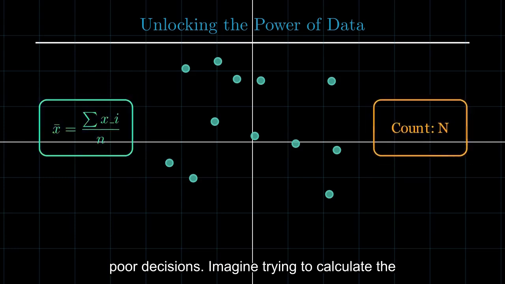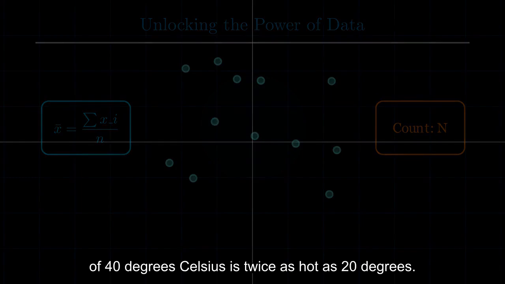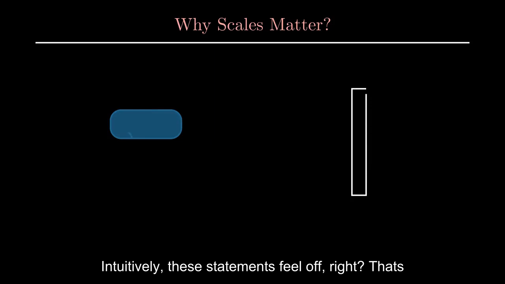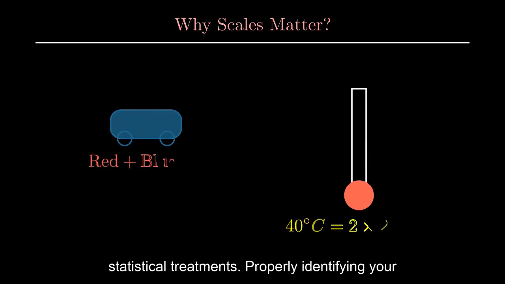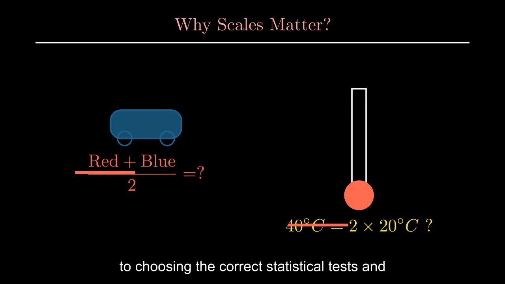Imagine trying to calculate the average color of a car or saying that a temperature of 40 degrees Celsius is twice as hot as 20 degrees. Intuitively, these statements feel off, right? That's because different types of data require different statistical treatments. Properly identifying your data's scale of measurement is the foundational step to choosing the correct statistical tests and deriving meaningful